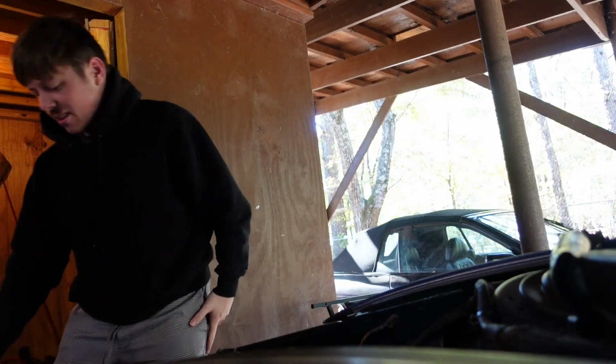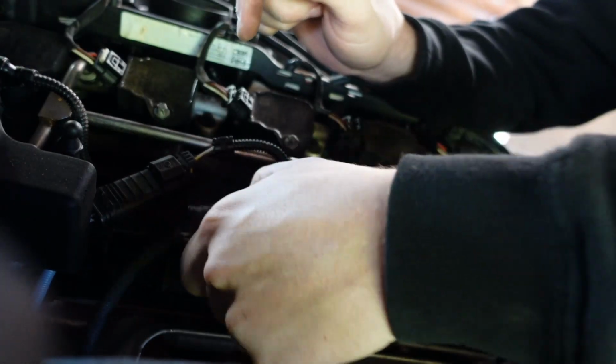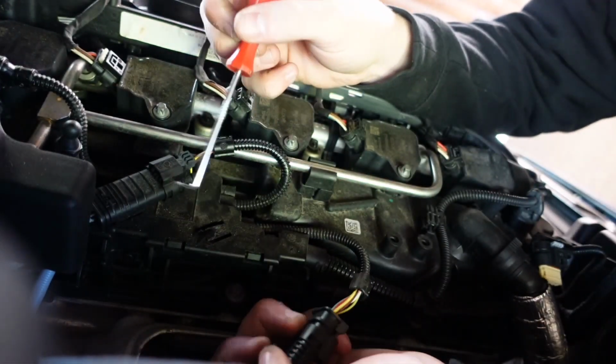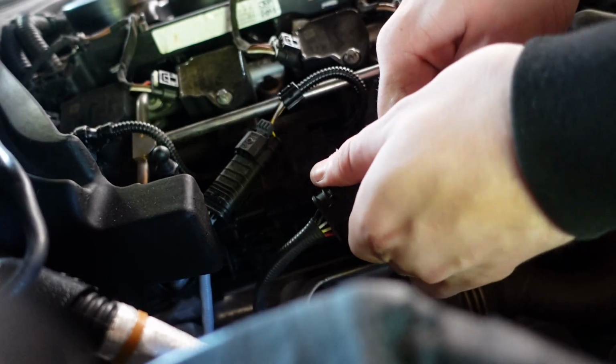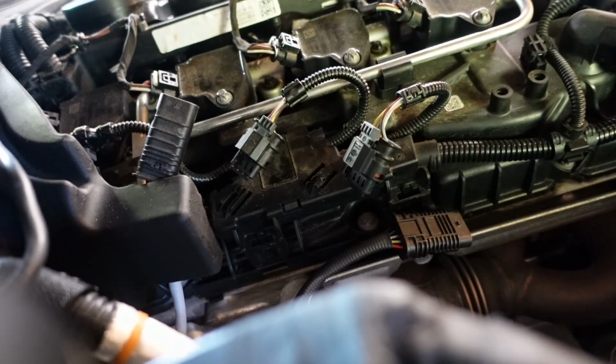A lot of dirt. I'm gonna go ahead and use this 90-degree pick tool. Oh, well, I didn't know that. There we go. All right, cool. Now, the next thing is